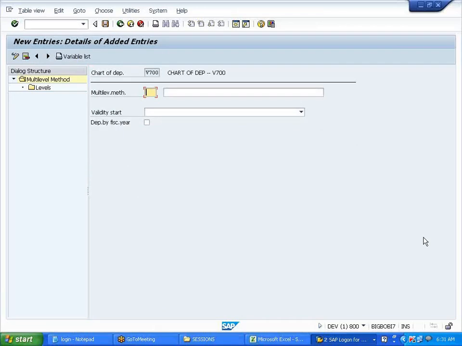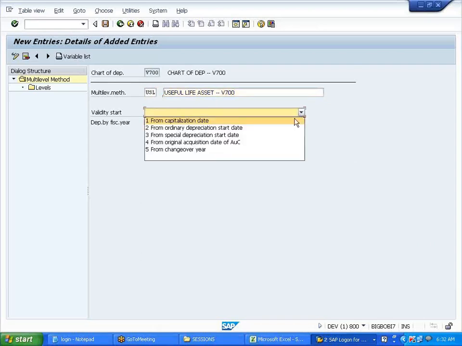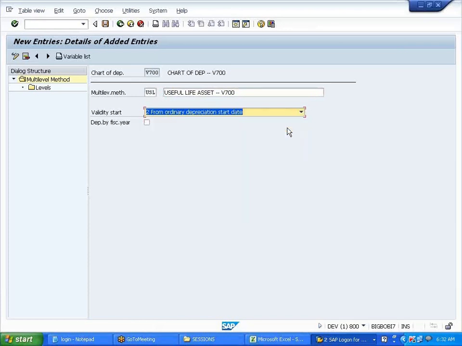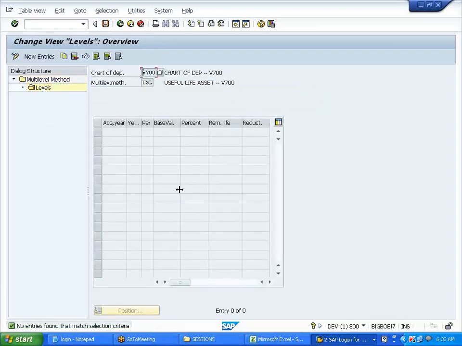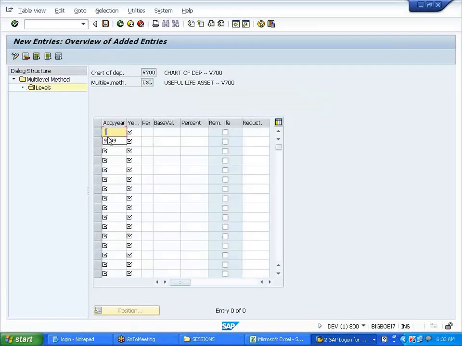Now one more I'm defining: USL, useful life. So useful life of an asset based on V700, ordinary depreciation start date. Double click on these levels. New entries.